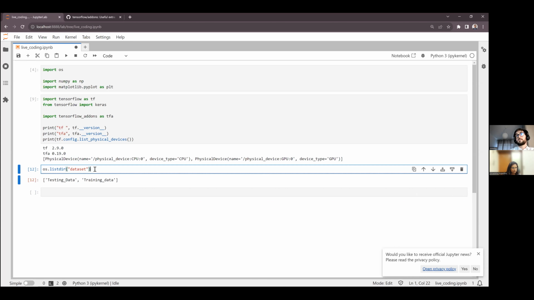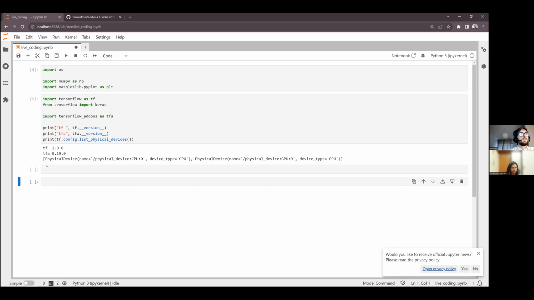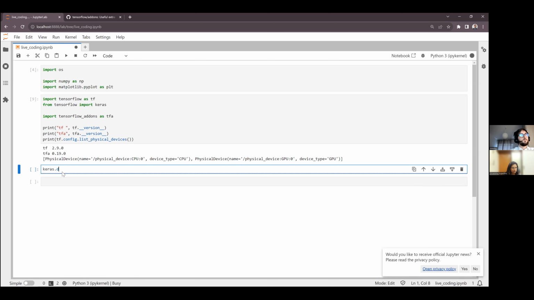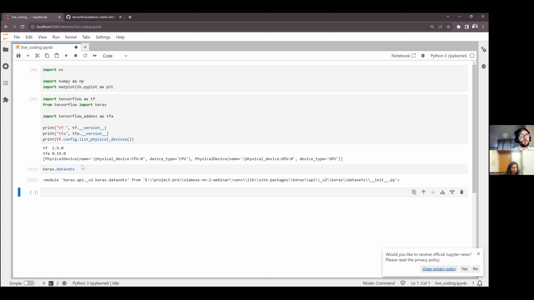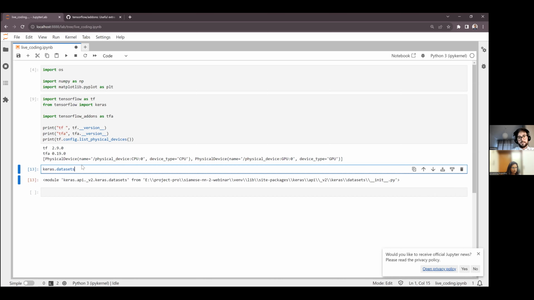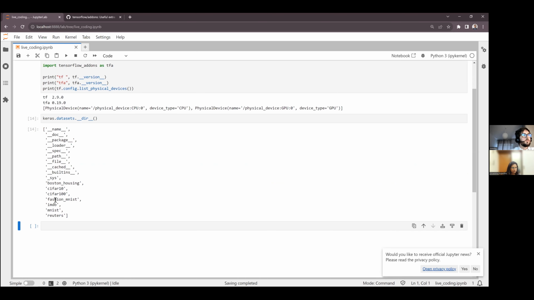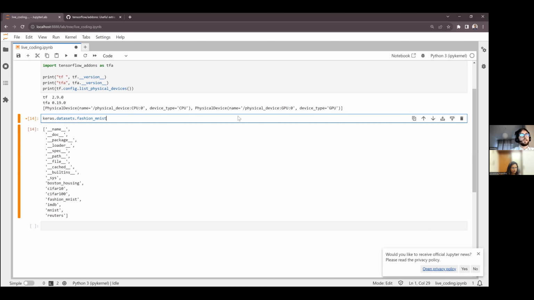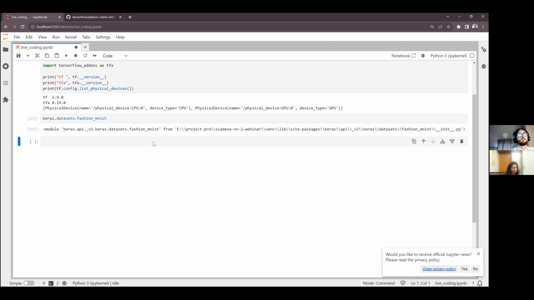Oh, we said to use some other dataset. My fault. So directly from Keras, let's see the list of datasets we have here. We could use the MNIST dataset or Fashion MNIST, better, slightly more complex data.